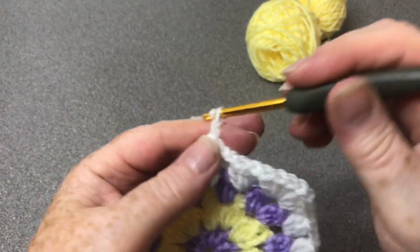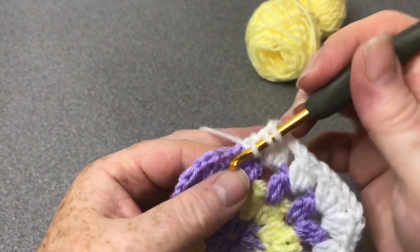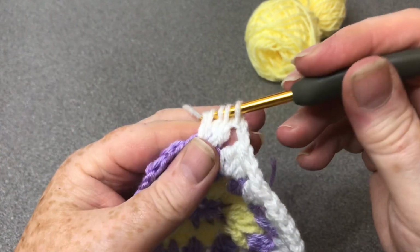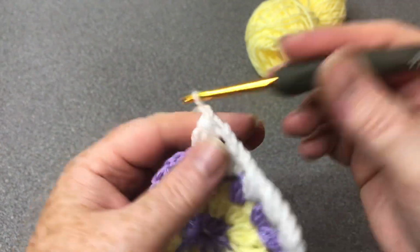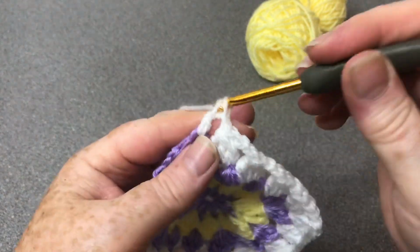One more left. Because it's the last one, just one chain, and then our corner,